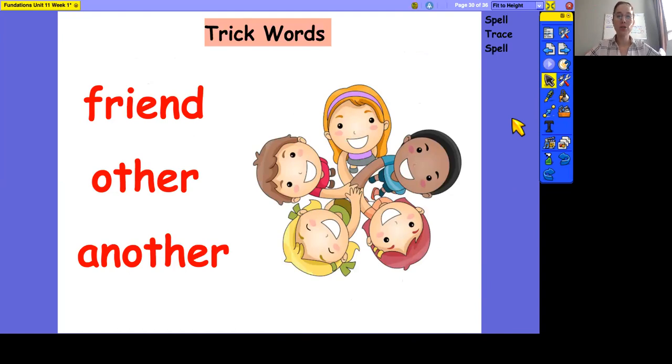Today we have 3 new trick words. What we're going to do is we're going to first spell the word, then we're going to trace the word, and after that we'll cover our eyes up and try to spell the word on our own. All right, so the first word, friend. Friend is spelled